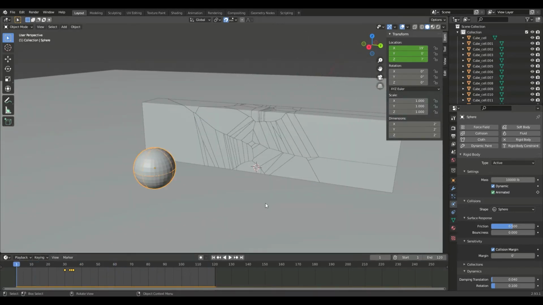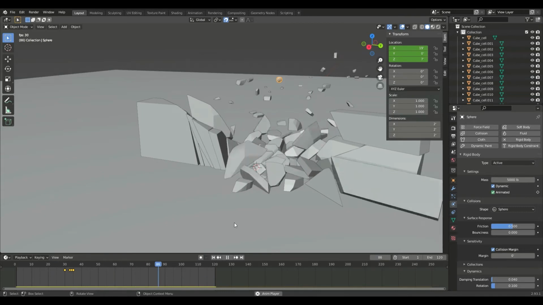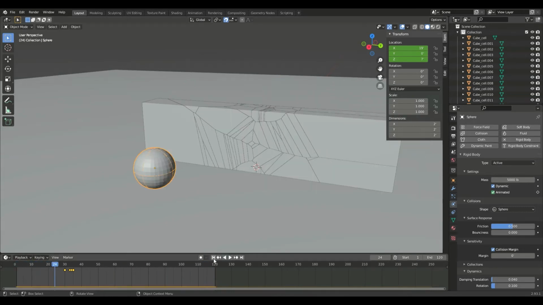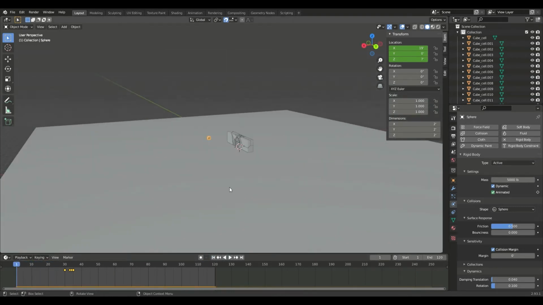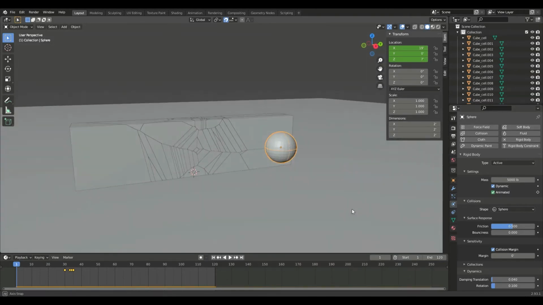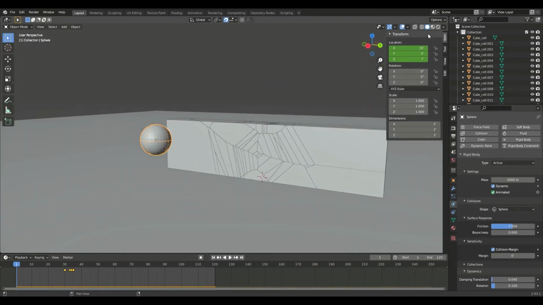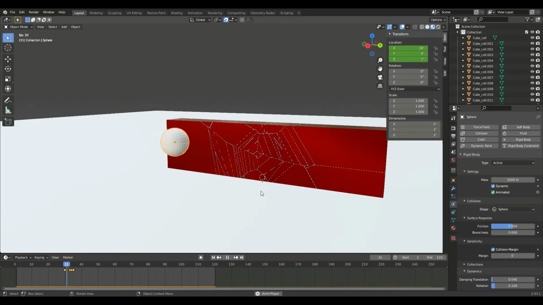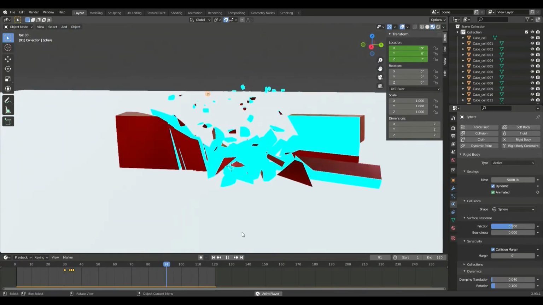But I don't want the ball to fall off. So we just have to go to where it works best and fiddle with it to where it's the best. I kind of like that, so I will leave it at that. If you want to, you could make the scene smaller. You can do whatever you want with this. That's what Blender's for. But that's all we were doing for today, is making the ball hit the cube.